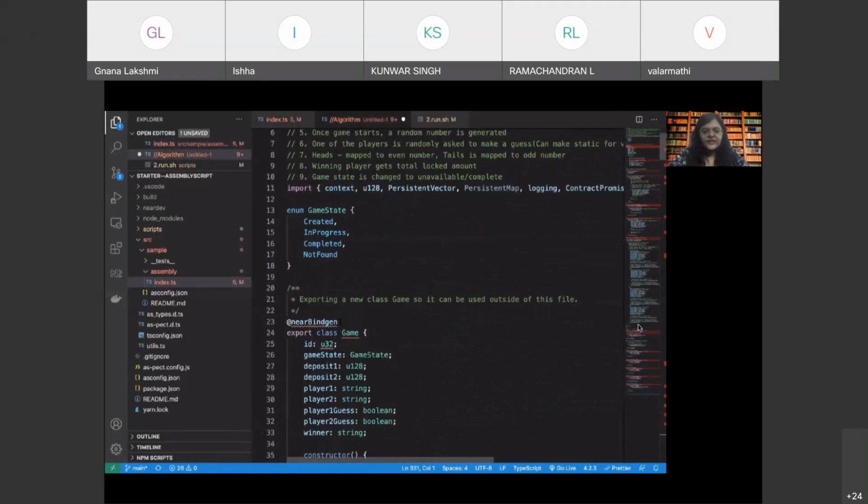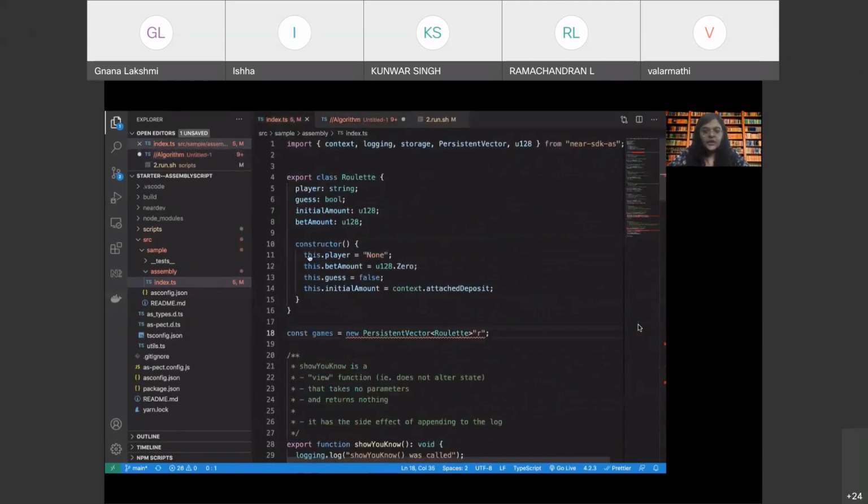And whenever we are creating a new class, if we want to export it outside of this file, we can add the export, and we also need to add the near bind gen in order to ensure serialization and deserialization. So you can see that it's a decorator used to make the classes serializable. All right. Sorry, I missed this.